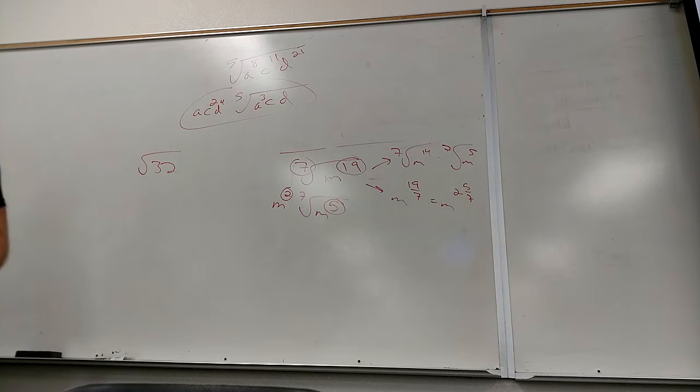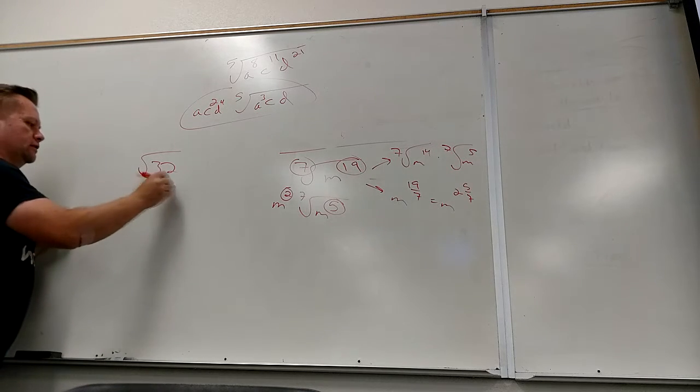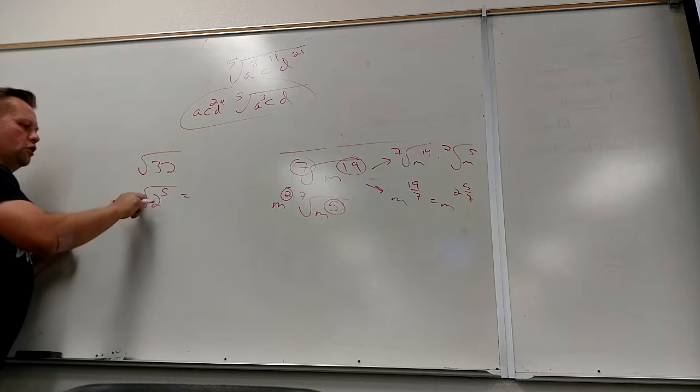Anybody know how many 2's make 32? Have you guys figured it out as you're doing your work? How many 2's make 32? 2 times, 2 times. Nope, 1 too many. 5. So if I write this as square root of 2 to the 5th, 2 goes into 5,